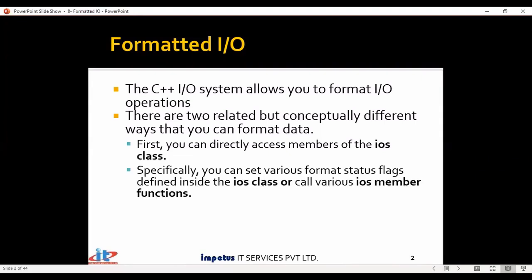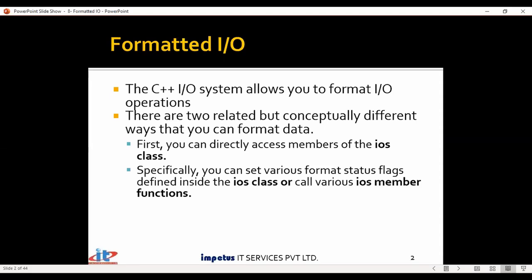Inside this class we have something called format flags. So this ios class defines format flags, and we can turn on or off the formatting flags to have that effect. Depending on whether you would like to have a certain feature or you do not want a certain style of formatting, you just have to turn that flag on or off. There are several formatting flags available, and I plan to explore all the formatting flags available today.